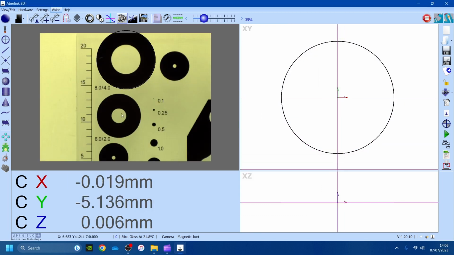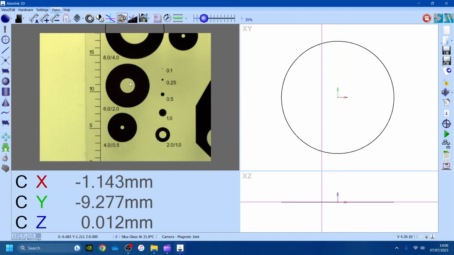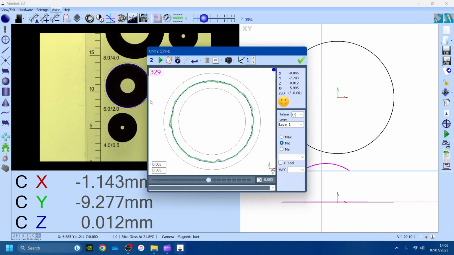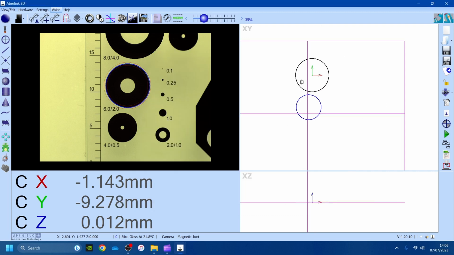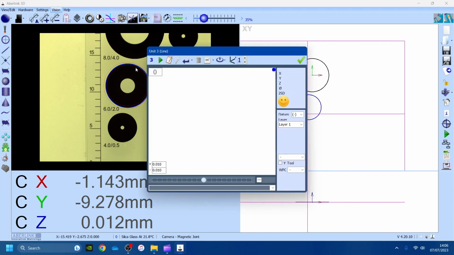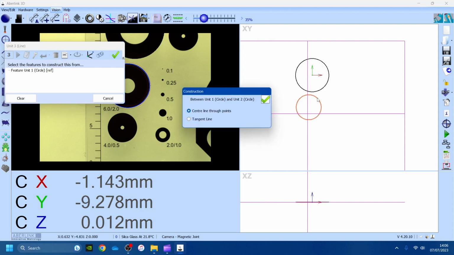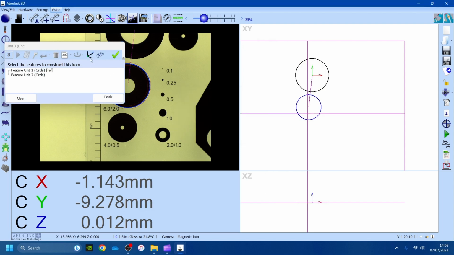We're then going to move our way down. So 1, 2, and 3. Scanning window, and 4. Hit the green tick, and then if we want to complete the reference system, which again is 2D, so there's no plane requirements as there is with the touch probe, we'll create a line between the two and set this